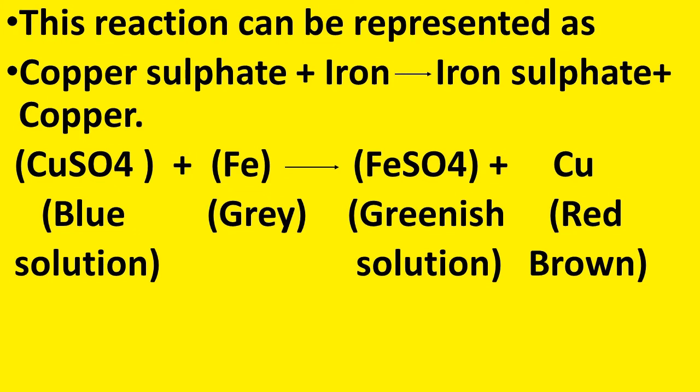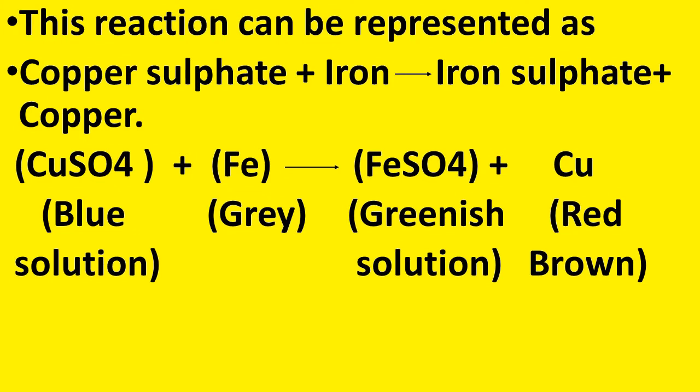See, copper sulfate solution is bright blue in color, and iron has a grey color. After some time, we can see that the blue color changes into greenish color and a reddish brown deposit can be seen on the iron nail. This is the condition of the reaction. Here, the blue color of copper sulfate is changing into greenish color because of the formation of iron sulfate, that is